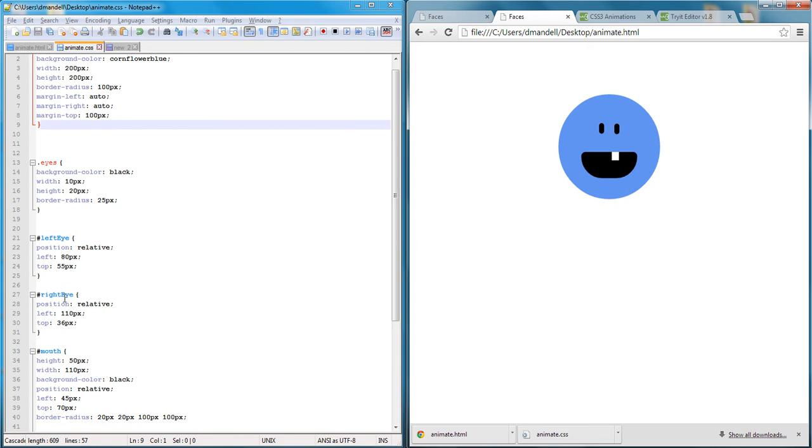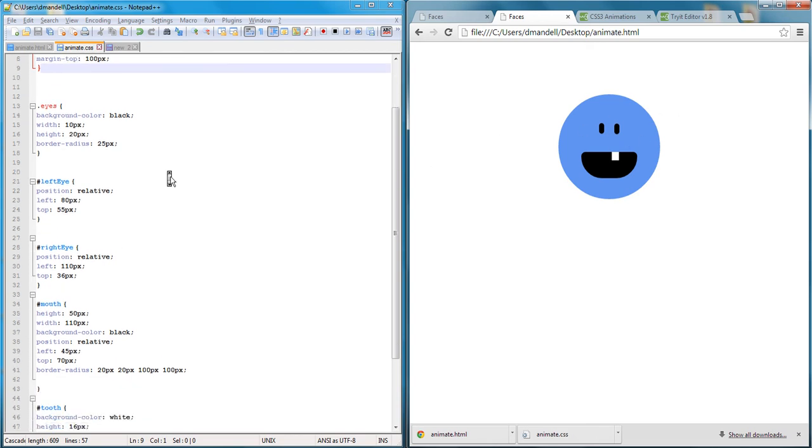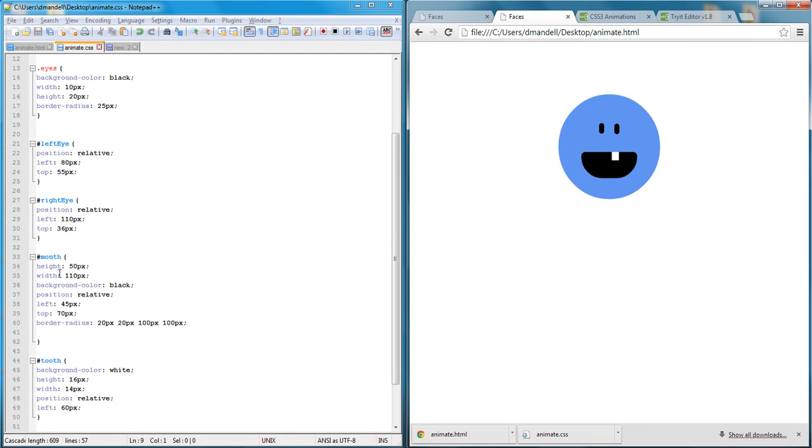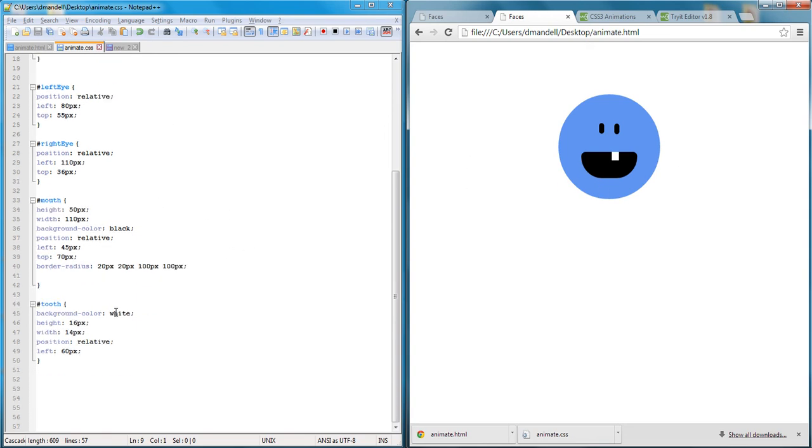I positioned the left eye and right eye separately so that they would line up across from each other like that. On the mouth, I've got a height of 50, width of 110, also black. I positioned it, and then I used a border radius of 20, 20, 100, 100 so that it would have this sort of semicircular shape with a flat top. And then the tooth is just a white rectangle that's positioned as well. So really easy to make that, right? Now, as far as the animation goes,